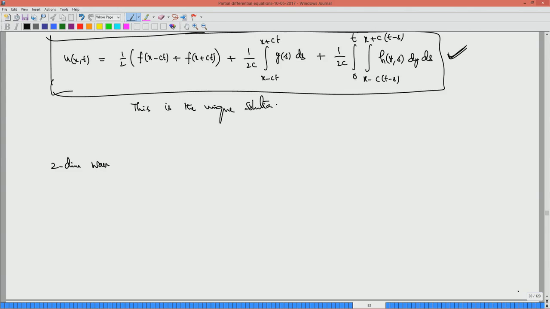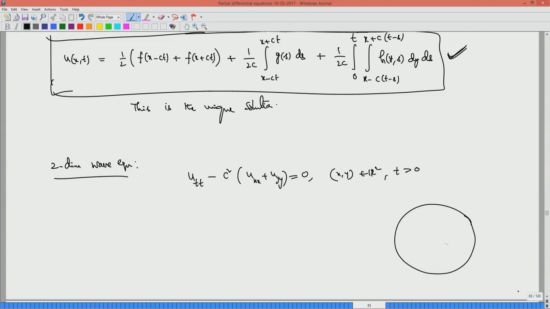The two-dimensional wave equation is actually the same equation, only the spatial domain will be a plane region. So, that is utt, earlier minus c squared uxx, now you have uxx plus uyy equal to 0, where x, y belongs to R2 and t positive. What we do is we do not solve in the general full domain. We can solve certain problems in some domains, so let us consider some circular domain, 0 to r. Because it is a circular domain you can reduce this equation into polar coordinates, r and theta variables, and look for solutions, radially symmetric solutions,